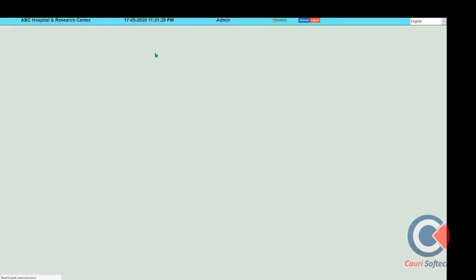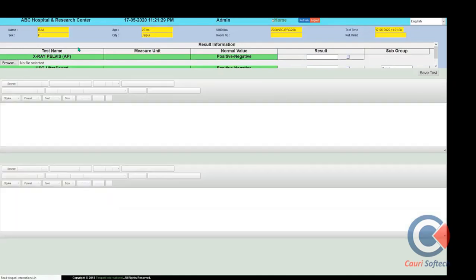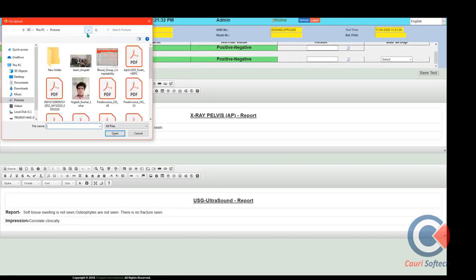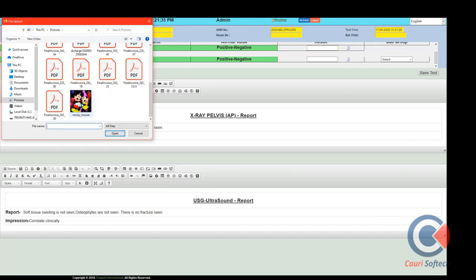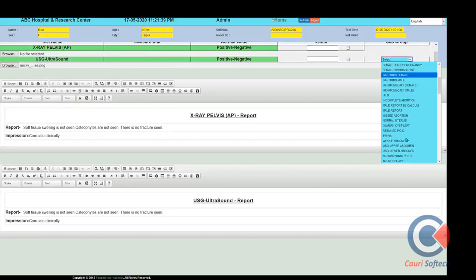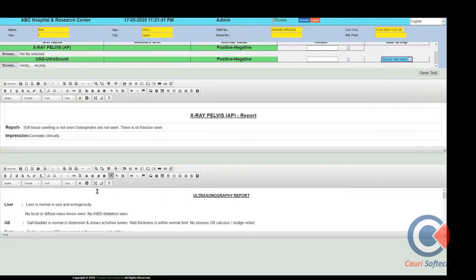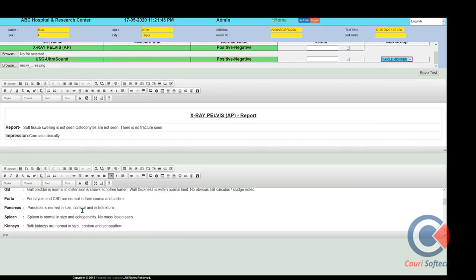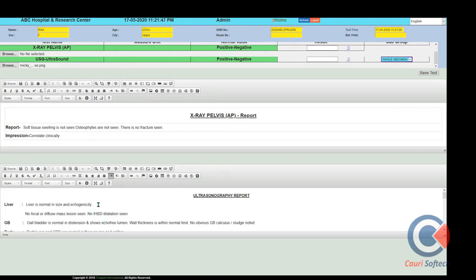In this way, you can create a patient report of the radiology test. There is also an image importing option available for X-ray, CT scan, and MRI reports. If you want to attach them, you can connect the report this way. There is also a template option for the report. You can select the full abdomen report format you want to use, input the value, change the value, fill in the value and just create. This is editable. Let me show you inside: liver is abnormal. If you want to change it, maybe abnormal, so I am changing it.